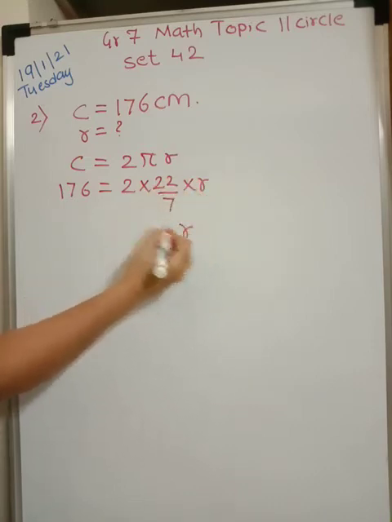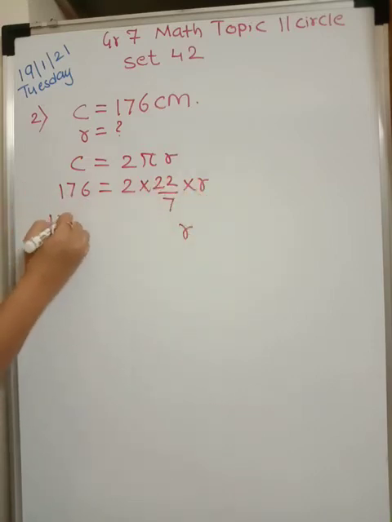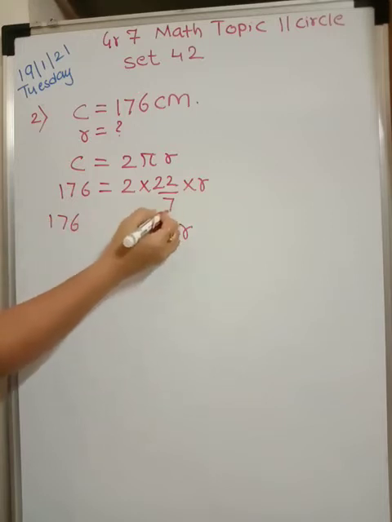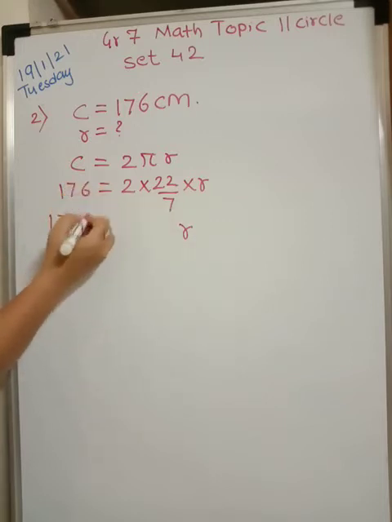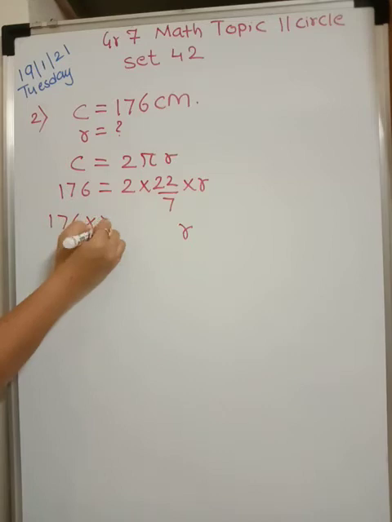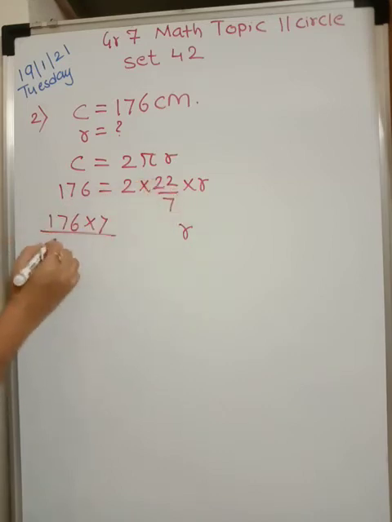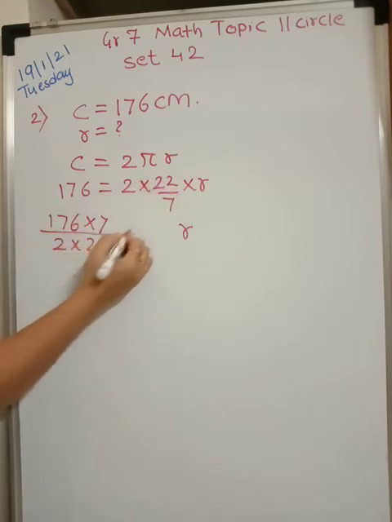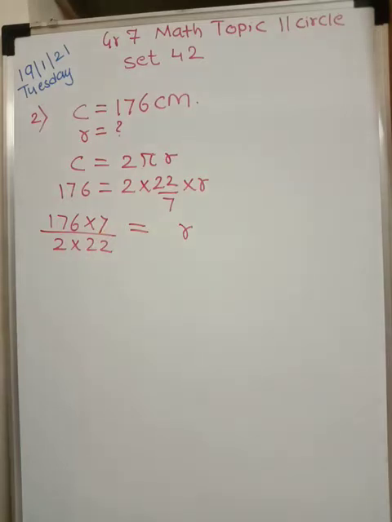I am keeping r over here and shifting all this. So 176, this is in the denominator here, it will go in the numerator. So division becomes multiplication, and these both will go in division. 2 into 22 is equal to, sign as it is. I hope you are understanding. Okay. 2 ones are 2, 8 twos are 16, and 2 eights are 16. So you have 22 ones are and 22 fours are.